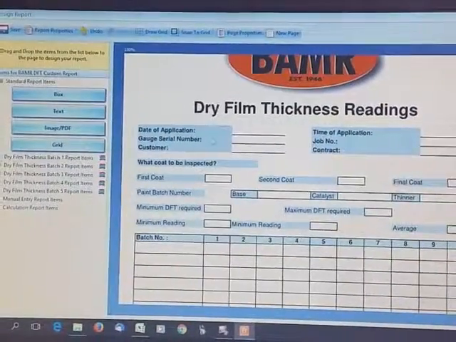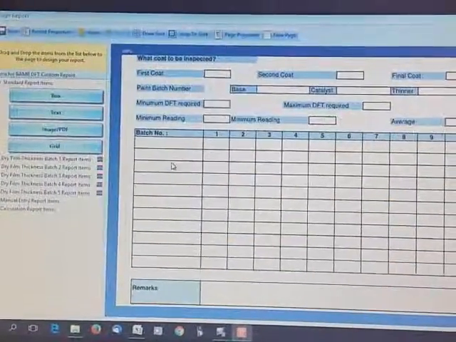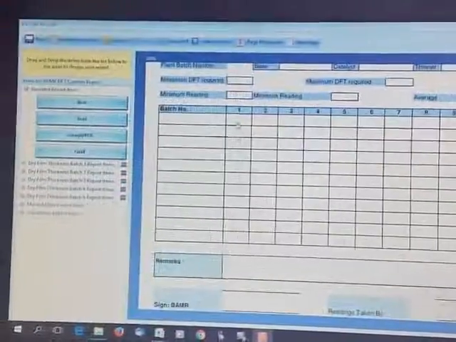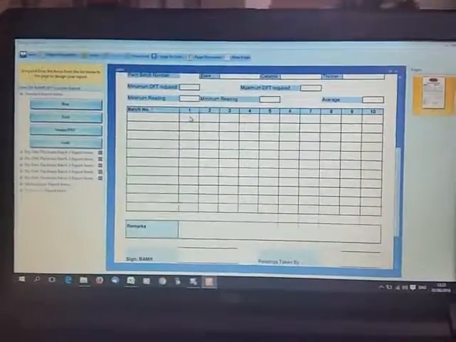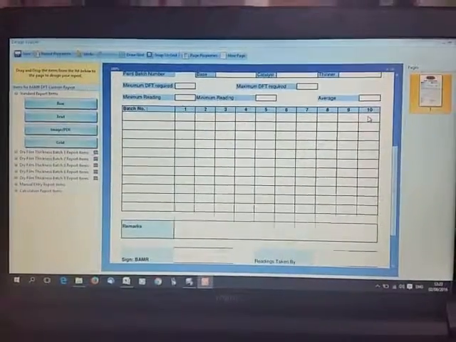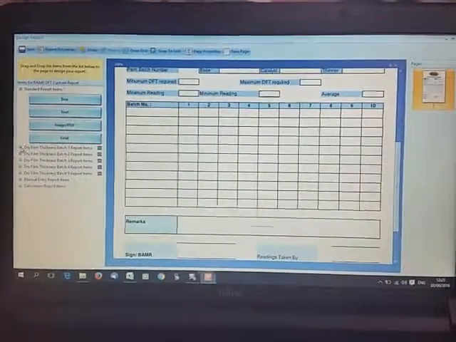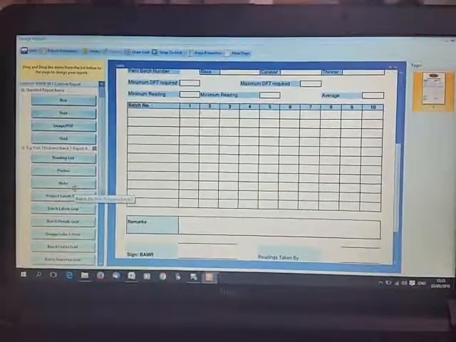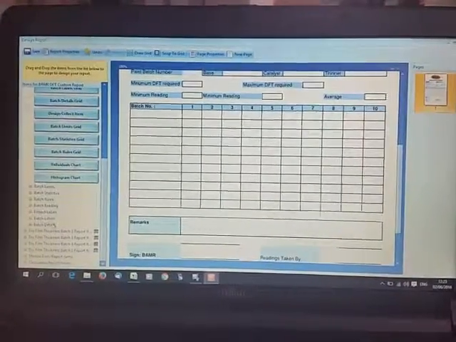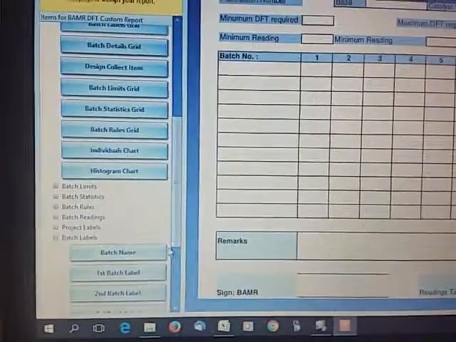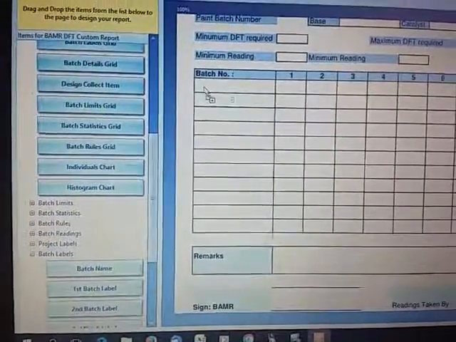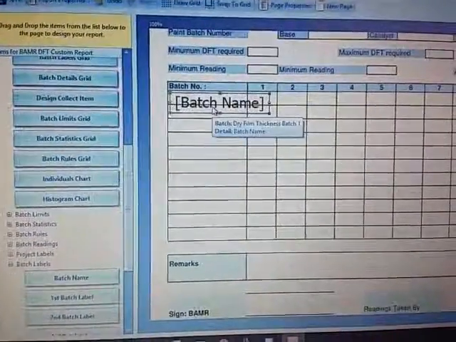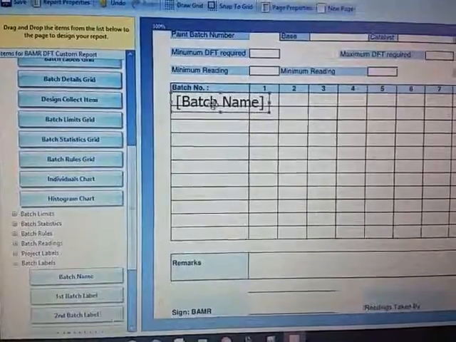Now there are manual entry items and there are readings that we want to appear here. So we want readings from batch 1 to appear first reading all the way up to the 10th reading there. So we're going to open this batch 1 and we are going to scroll down to batch labels, and we're going to drag and drop batch 1 there,